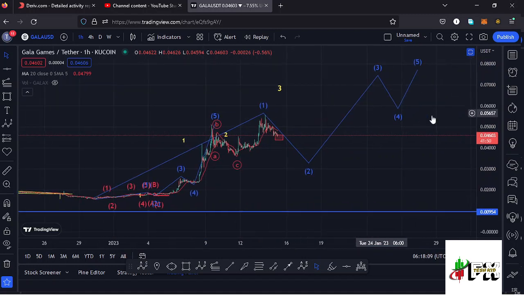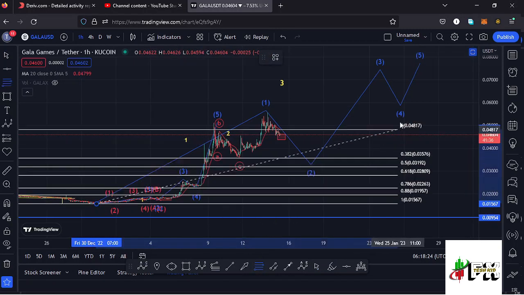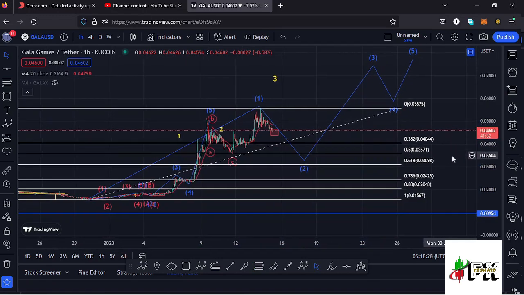And this is the Elliott wave structure that is giving me a short-term bearish movement here on the Gala Games chart, and sketching out a minimum retracement area to the lower side in the formation of this wave 2 by connecting the fibs from the low of the first wave to the high of that wave 1. That gives me a minimum retracement area between the fib level 0.5 and the fib level 0.618, which lies between the $0.035